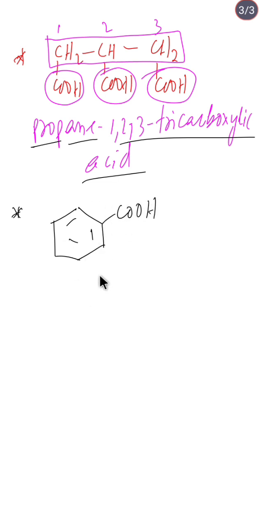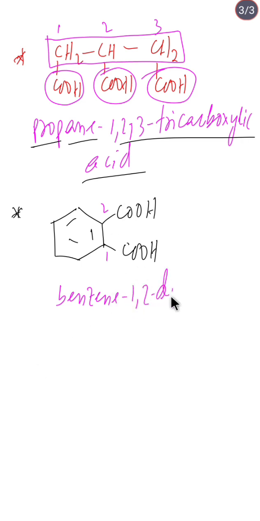This is our benzoic acid, or benzene carboxylic acid, I can say. If I ask you to name this compound in the IUPAC system, then it is to be named like this. This is 1 and this is 2. So we have benzene dash 1, 2 dicarboxylic acid,